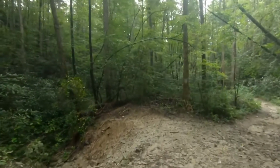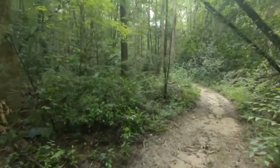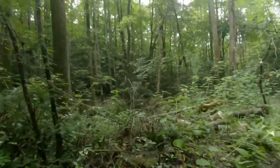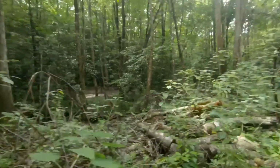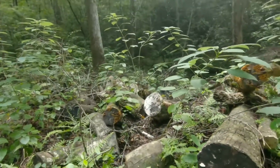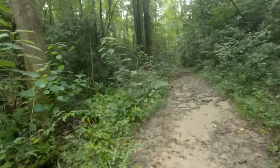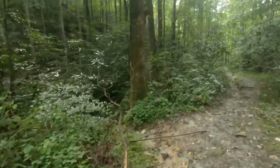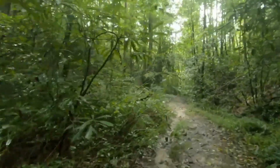And this is where we had our camp when we were doing the Foothills Trail section hike. You may remember that from a previous video. And right over there is the campsite. As you can see, there's a lot of wood around here that you can use for firewood. You just kind of gotta go grocery shopping and hack it down. So I'm gonna come down here. We're gonna pass the campsite for just a minute,